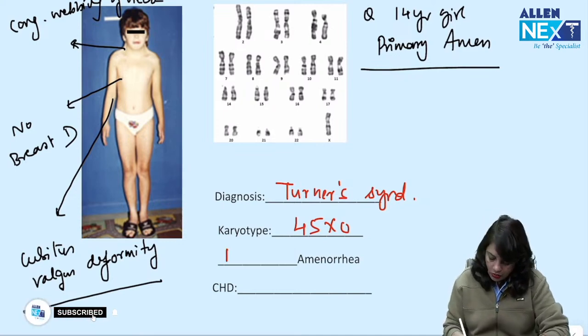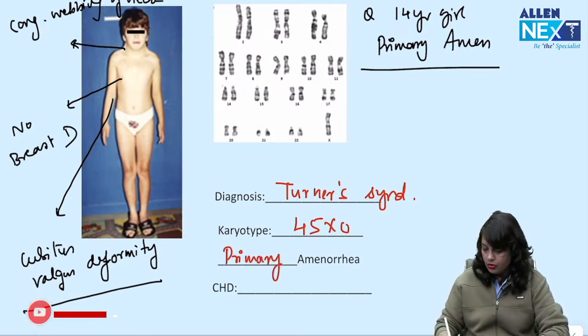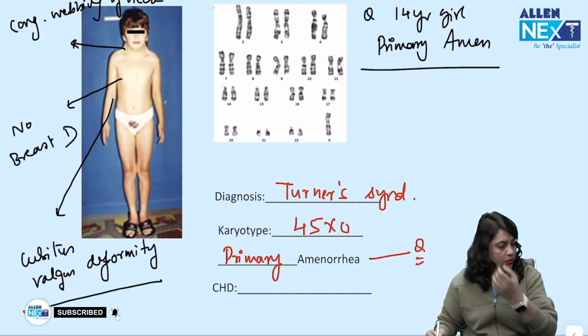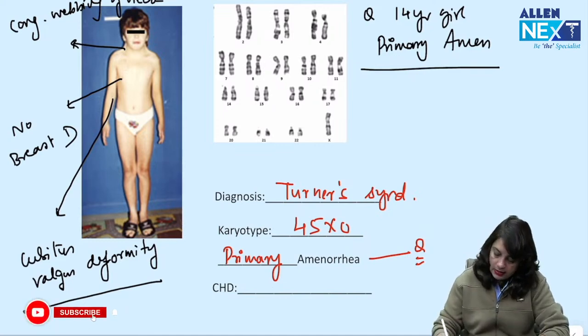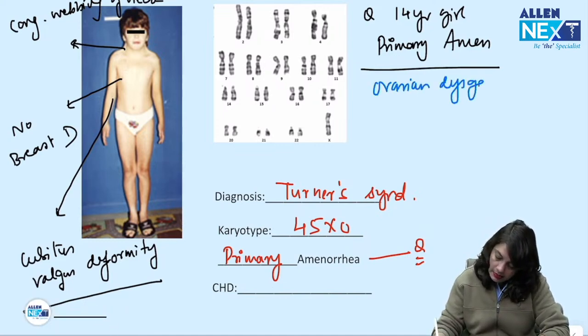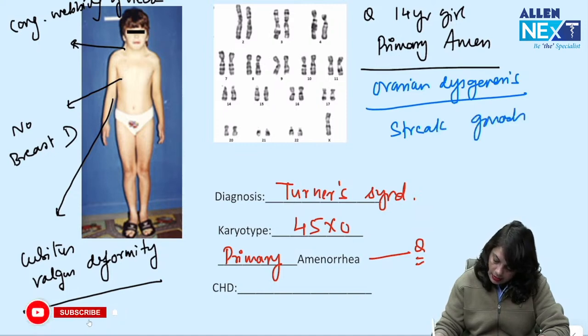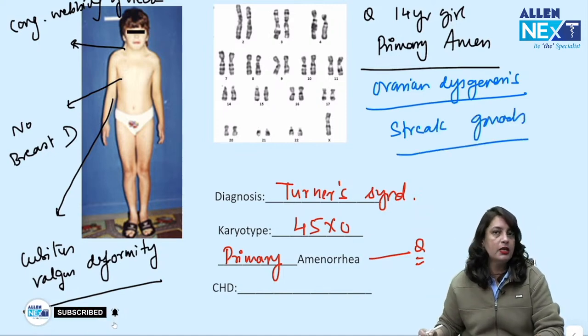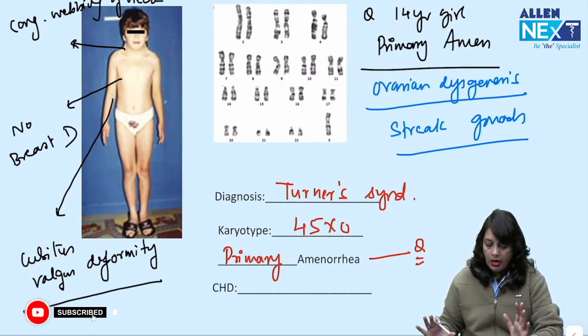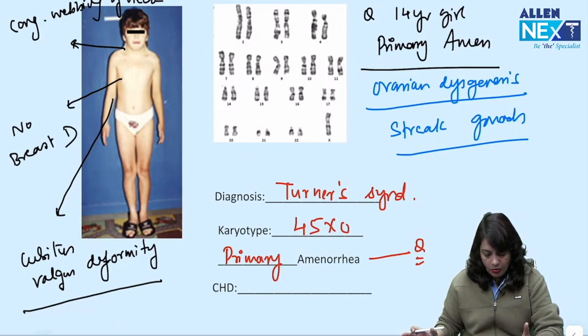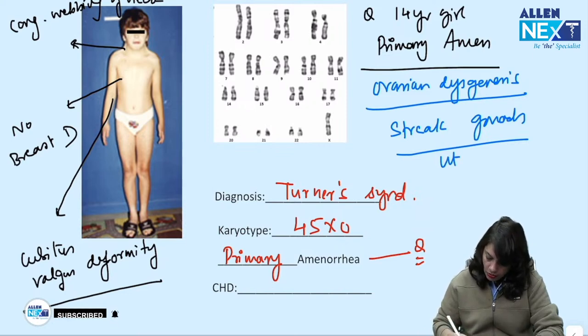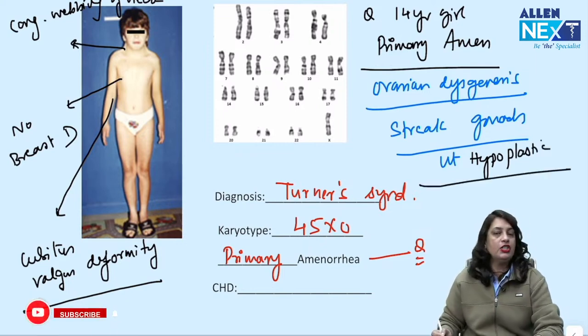Now what type of amenorrhea does it cause? It causes primary amenorrhea. So this is the most common cause for primary amenorrhea, that is ovarian dysgenesis, and there are streak gonads and non-functioning ovaries on ultrasound. Okay, so a short stature female, congenital webbing of neck, no breast development, primary amenorrhea, cubitus valgus deformity, karyotype 45XO, and on ultrasound there are streak gonads and uterus is present, but it is hypoplastic, and genitalia is female,